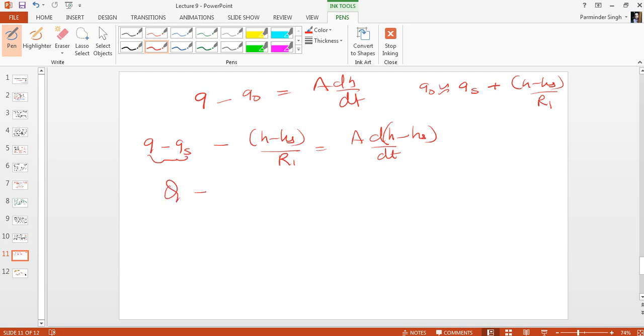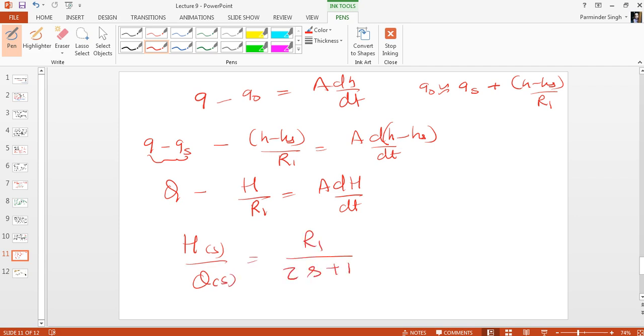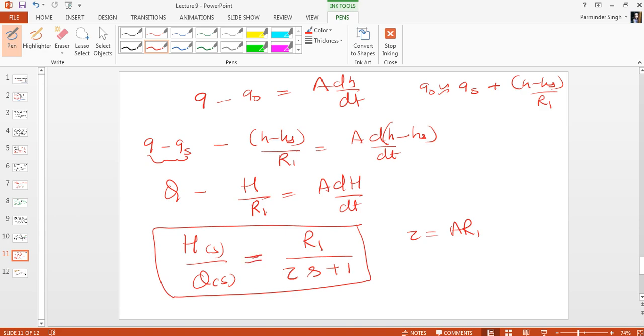So (Q - H) upon R1 A, dH by dt again comes out to be first order. Take the Laplace, so we have H(s) by Q(s) is R1 over tau s plus 1, where tau is A R1. Now it again comes out to be the same. The only difference is